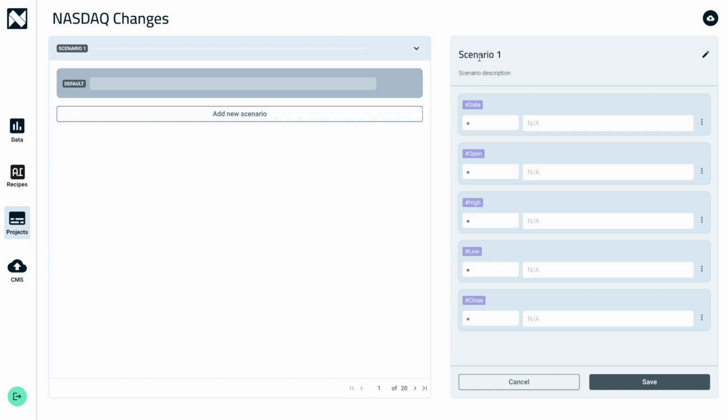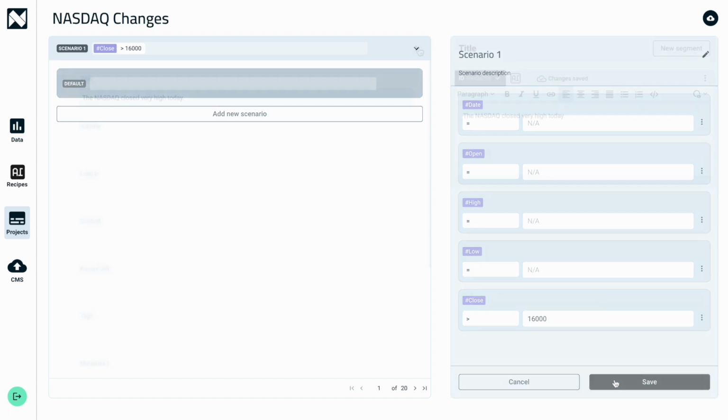Context is established by leveraging the data available in the dataset and AI recipes. For instance, let's consider a scenario involving content related to stock markets. In this case, you may create a scenario where you define specific conditions for the day-to-day change in the NASDAQ Composite Index. You can set rules stating that a change should be greater than a certain value, lower than a specific value, or fall within a specified range of values to trigger the text contained within the segments of a